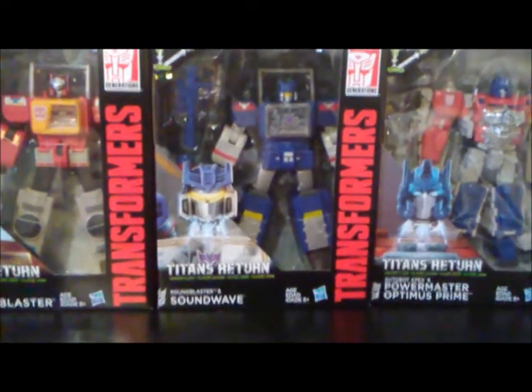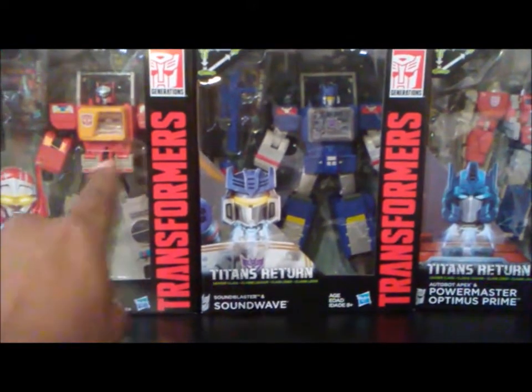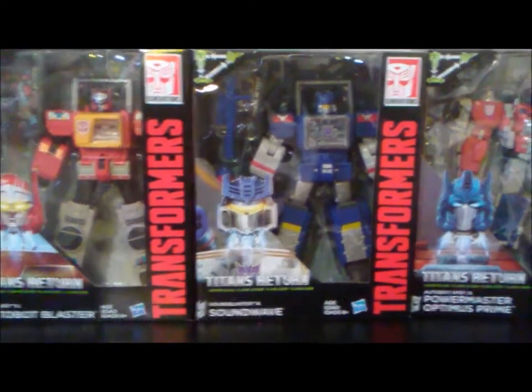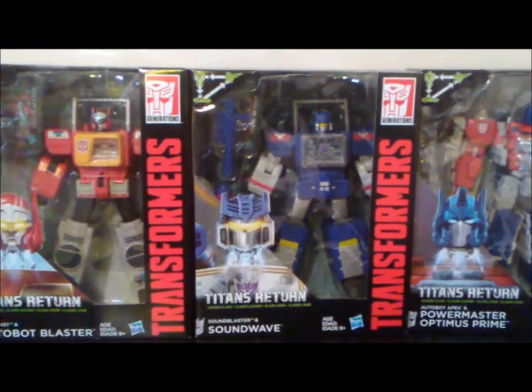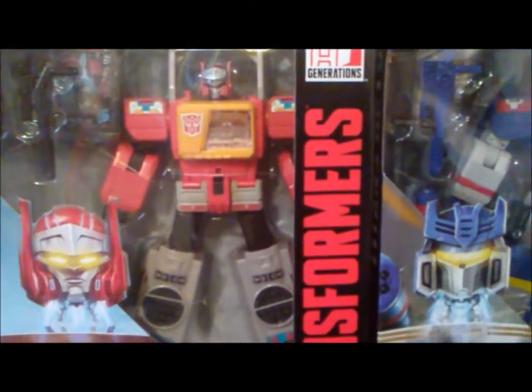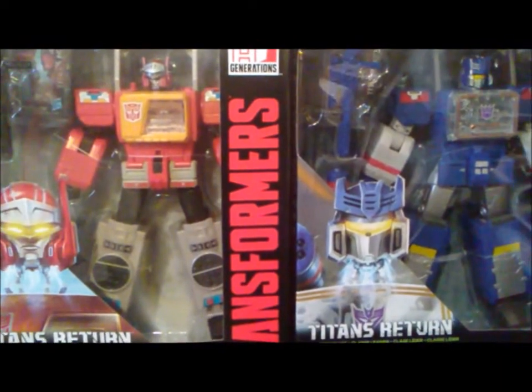And as you can see today, if you allow my sexy hands to get in this camera, I have the new Blaster. Now, if you look closely at Blaster and you look at Soundwave, you'll see that they're basically the same mold,